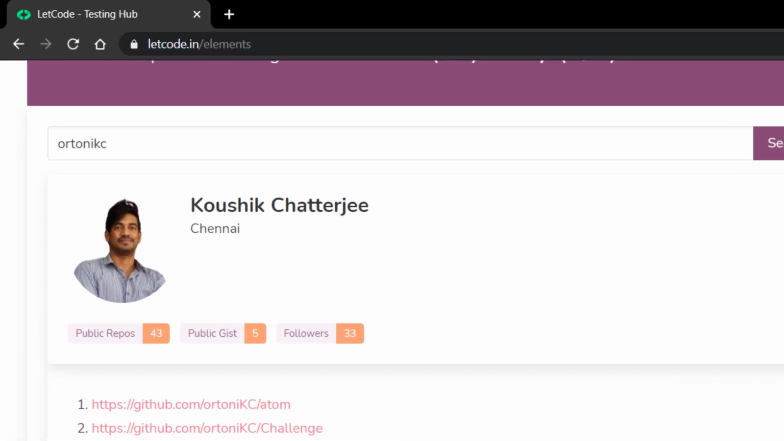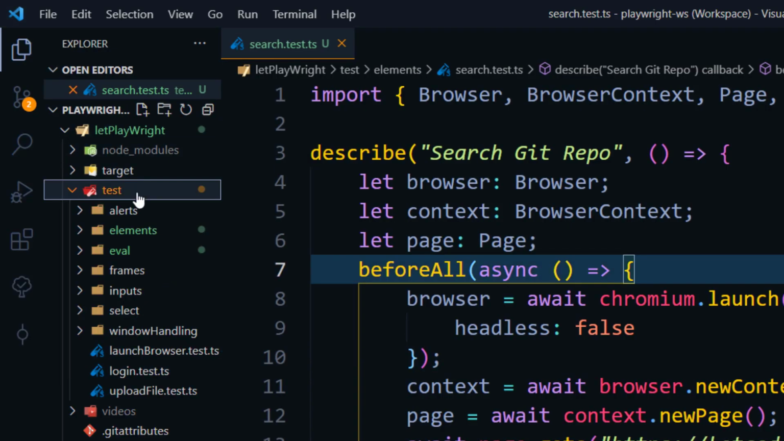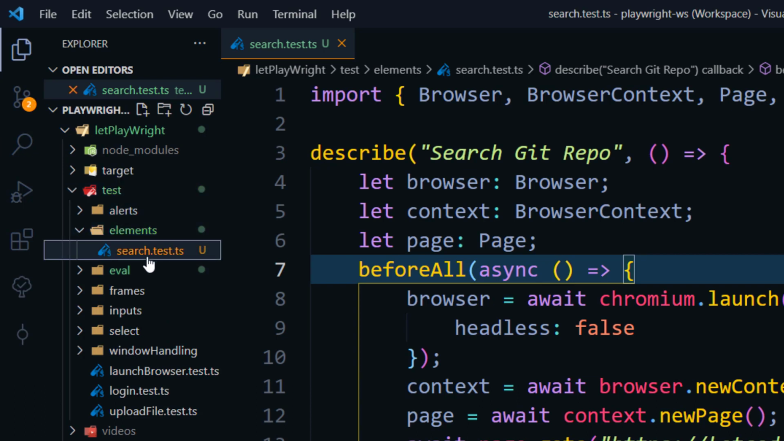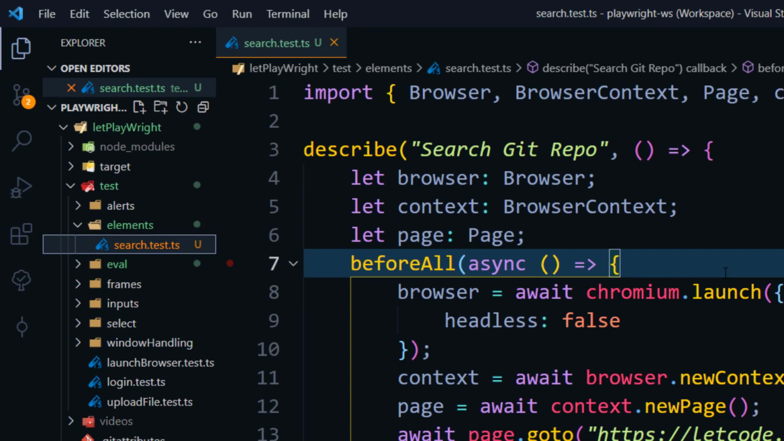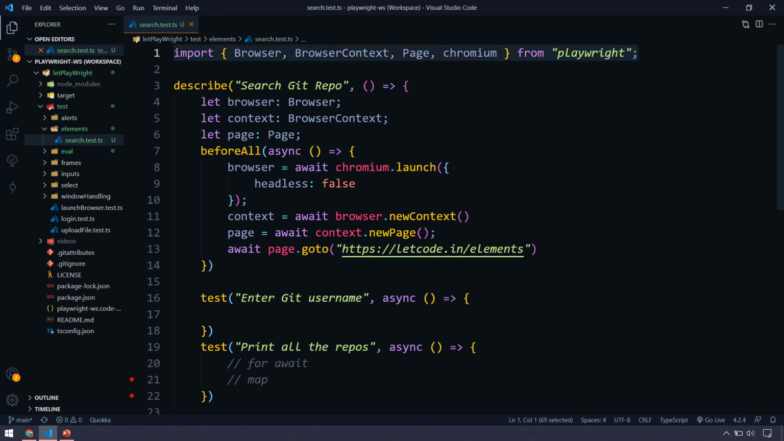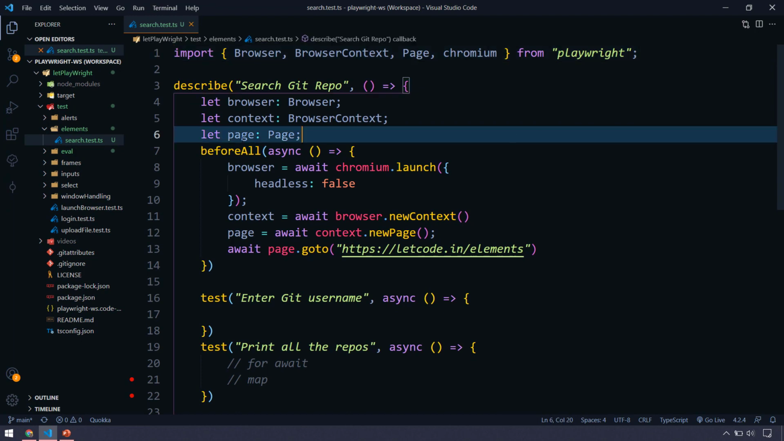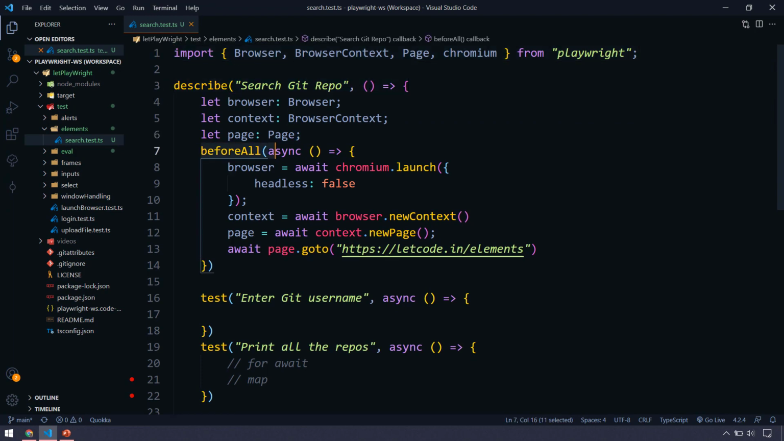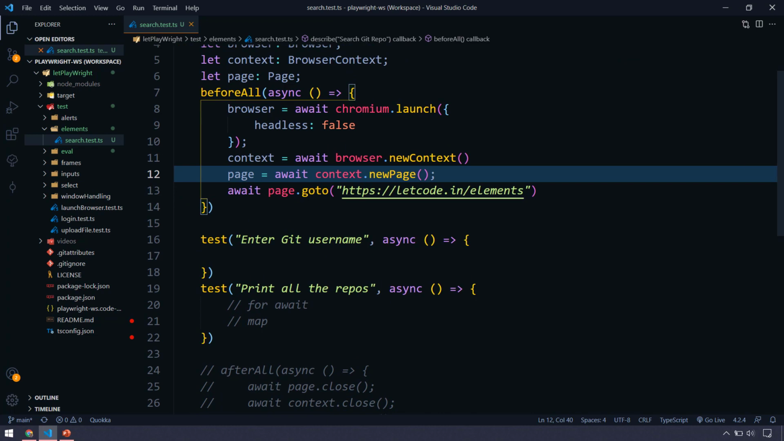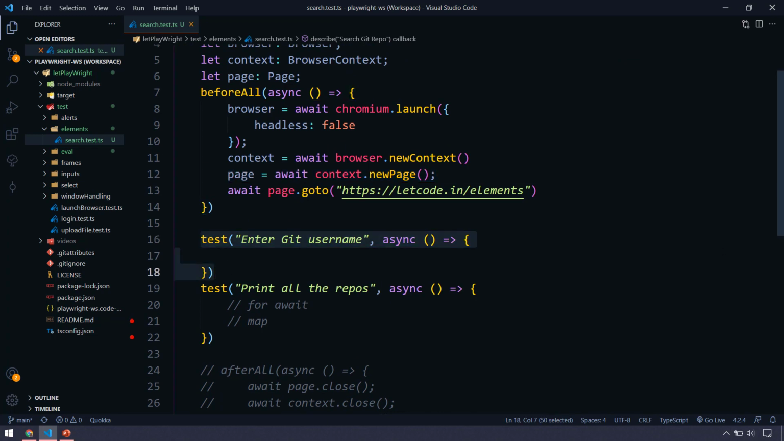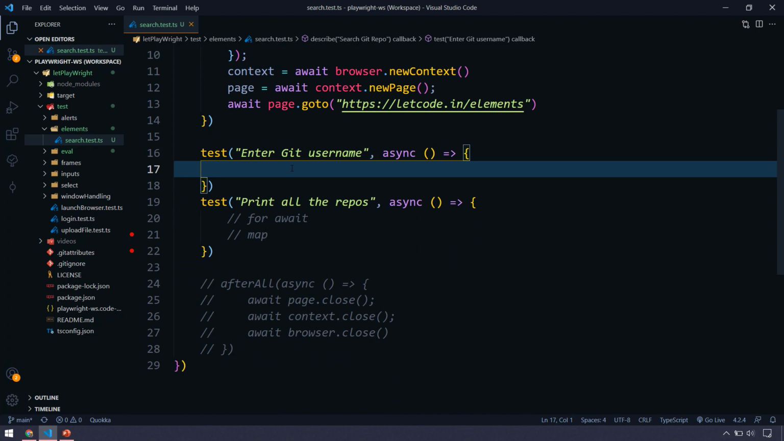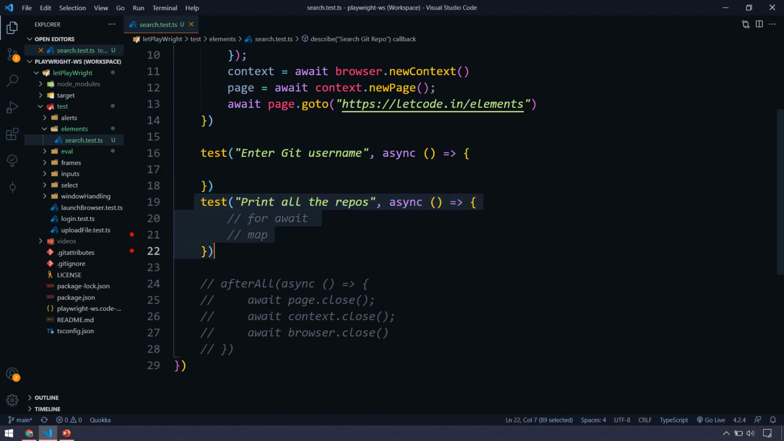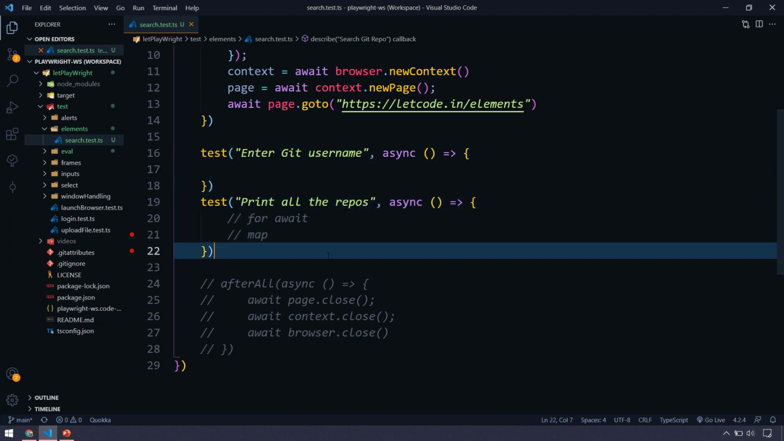Now within VS Code, I have created a folder called test. Within that we have a folder called elements, and within that we have a test case called search.test.ts. As usual, we have imported the browser, context, page and Chromium. Within the describe, first we have the beforeAll, where we have written code to invoke the browser and then launch the URL. And here we have two tests. One is just to type the username and click enter, and then we are going to print all the repository URLs using two